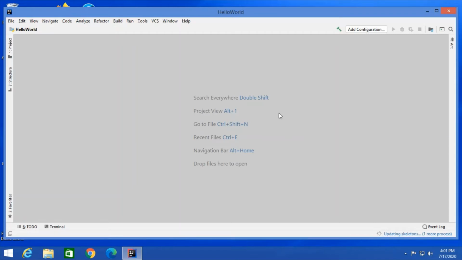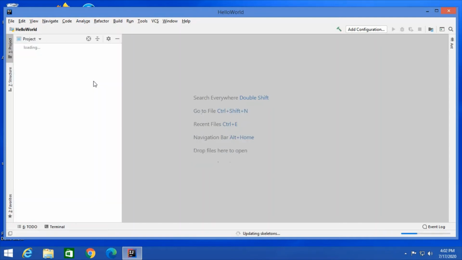There is a progress bar going, as you can see. Just don't do anything until everything is done by the IDE. It will show you the next screen as soon as it is done, but till then, you have to be patient. After this long wait, our project pane is open on the left hand side. Still, we won't do anything. While it is updating the skeletons, that progress bar is on the right hand side. So we will wait until everything is done.